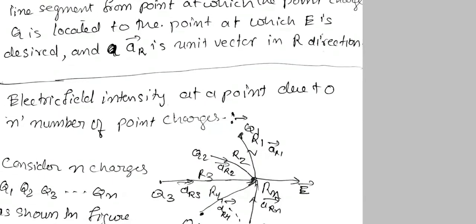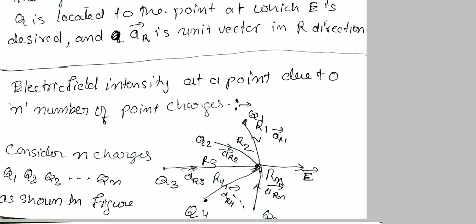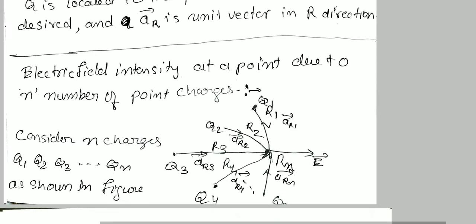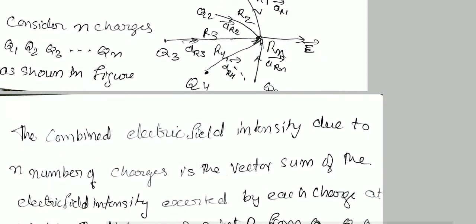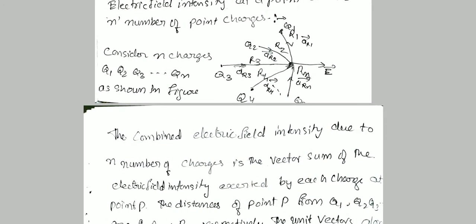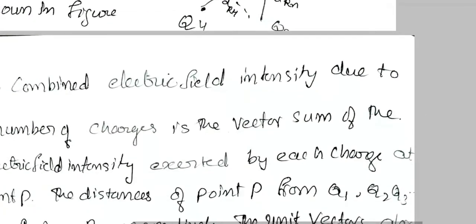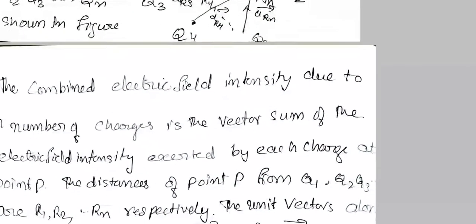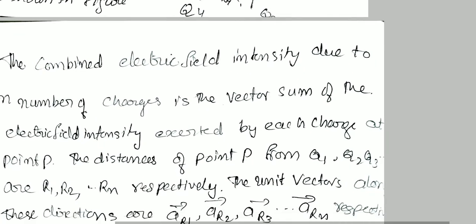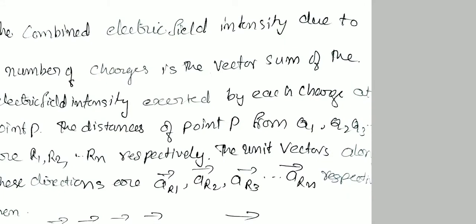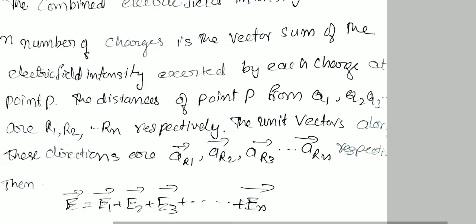So now we will go for the derivation they have asked. If there are n number of charges and we want to find the electric field intensity at a point due to these n charges, then we can calculate like this. Consider n charges Q1, Q2, Q3, etc., as shown in the figure. The combined electric field due to n charges is the vector sum of the electric field intensity exerted by each charge at point P. The distances of point P from Q1, Q2, Qn are R1, R2 and Rn respectively. Then the unit vectors along these directions are